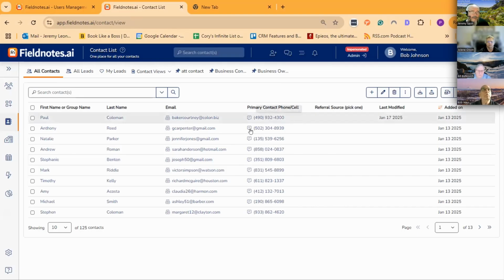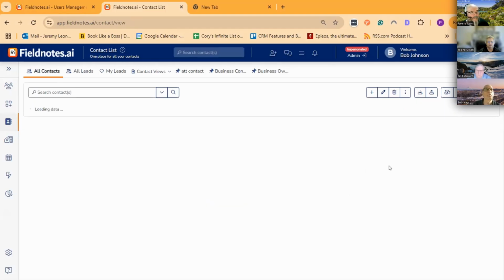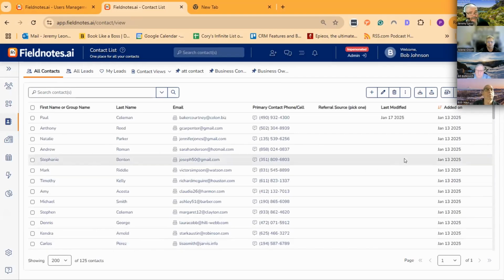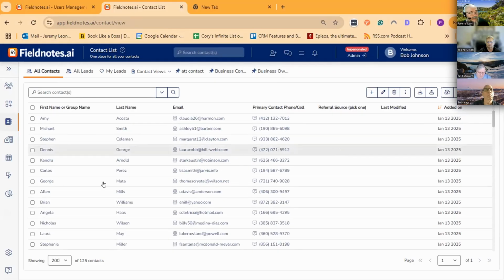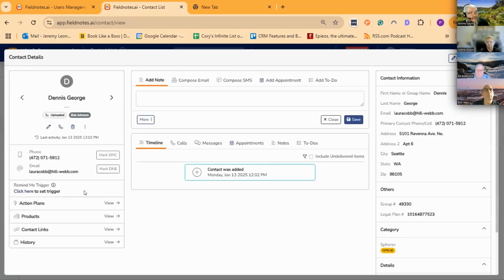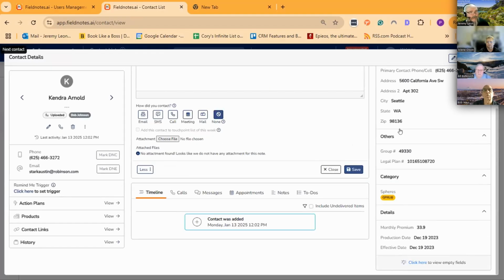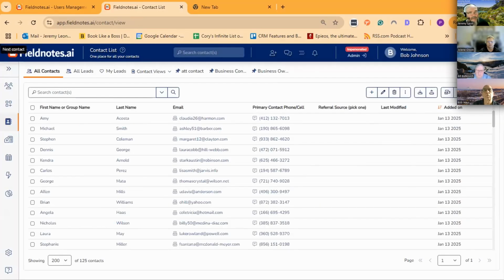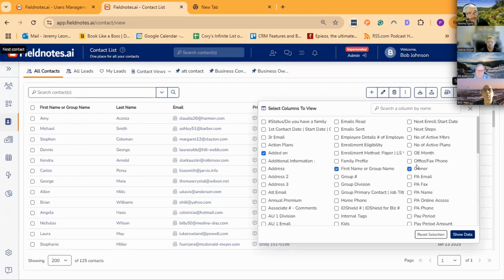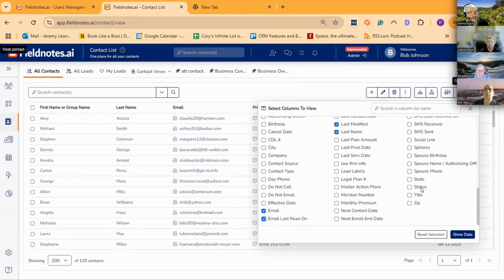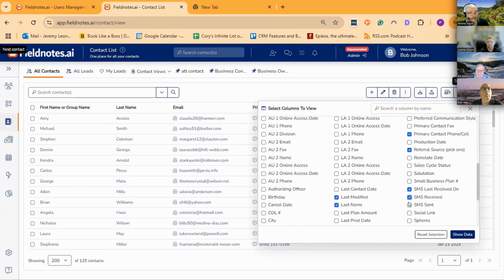Another thing, when going through this information, you've got everybody here, right? Now I only have 125, people have a lot more, but if I had to go through each one of these, review information, and then go to the next one, that to me would be real tedious. So what I would do is think of the columns that I want showing, and I would have those. Good columns to use are the emailing ones, the sent and receive,